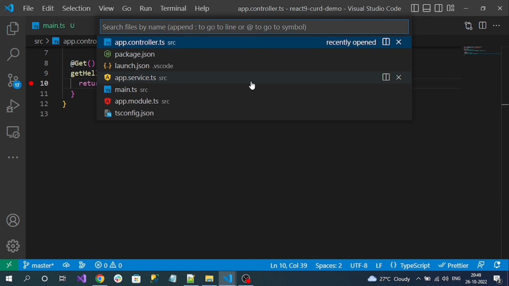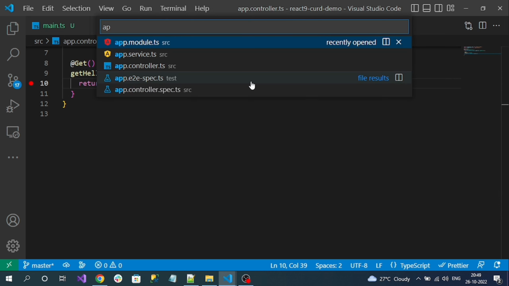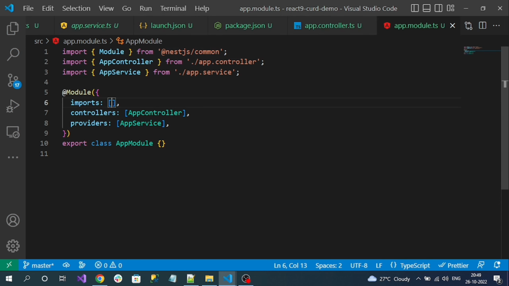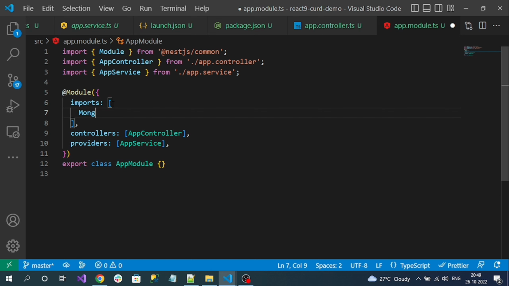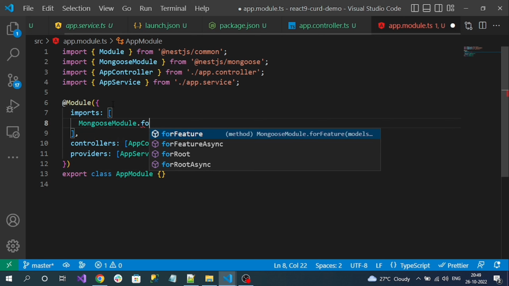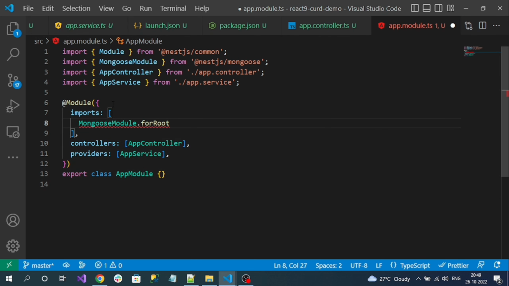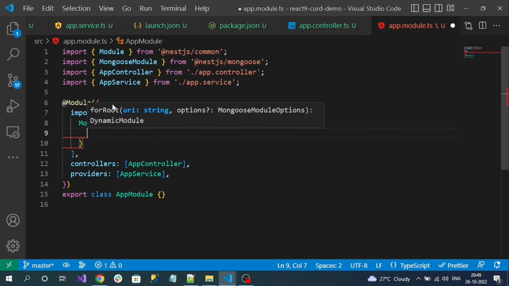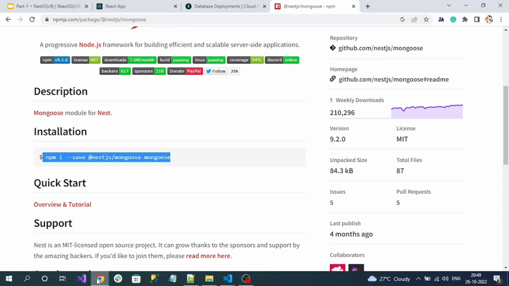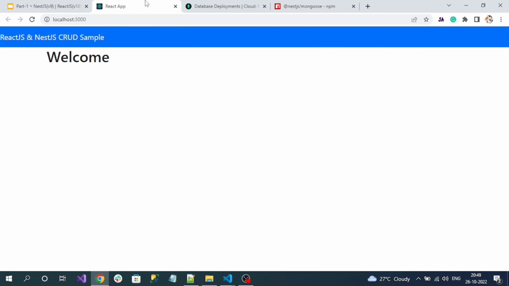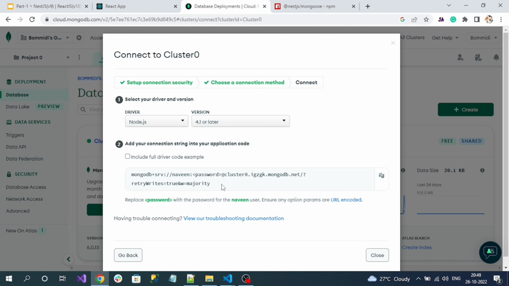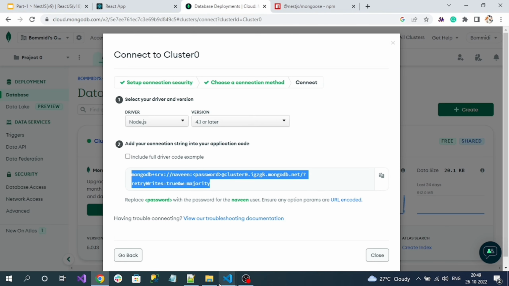I'm going to register it in the app module, which is our entry module. We have to use the MongooseModule.forRoot method, and here we have to pass our connection string. So this is our connection string, right? Copy it